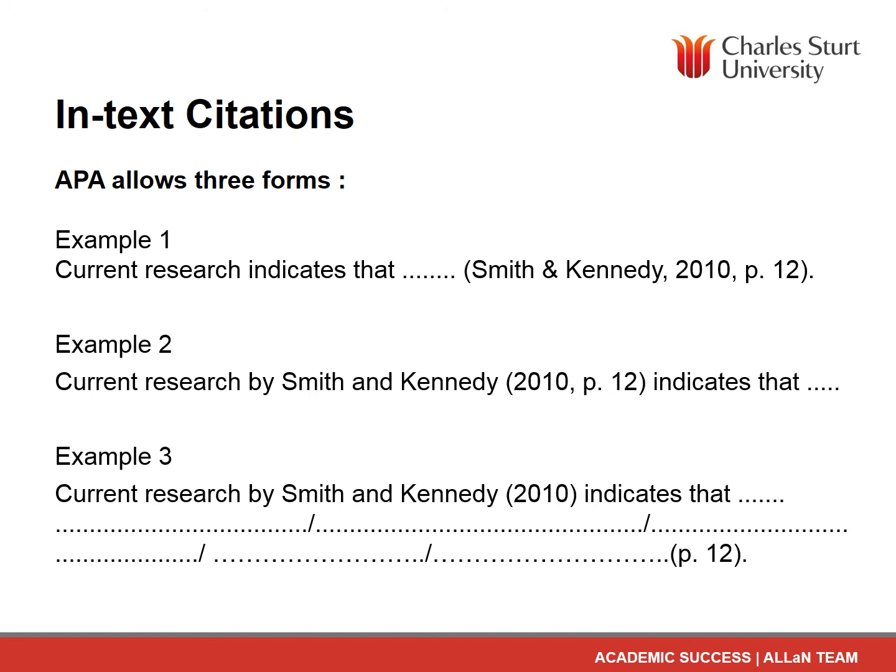Rather than including the same citation at the end of each individual sentence, the author's name and year of publication can be provided in the first sentence, and the page number can be provided separately immediately following the last sentence. The reader then knows that everything that comes between the author's name and year of publication and the page number comes from the same source.